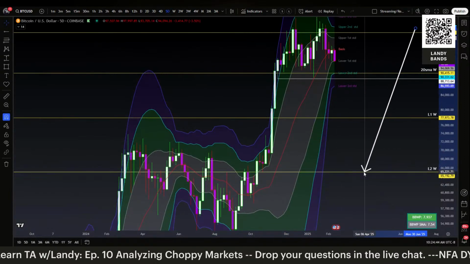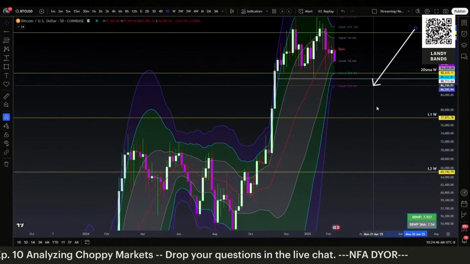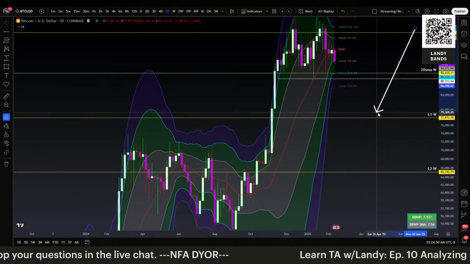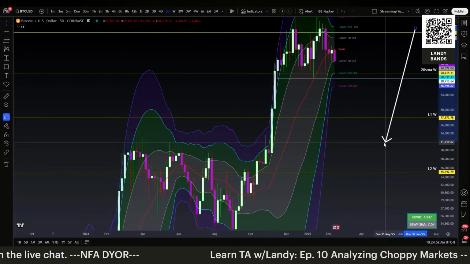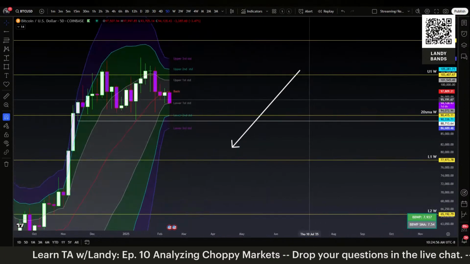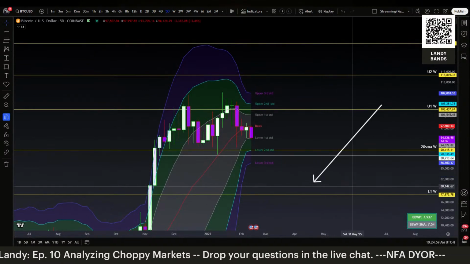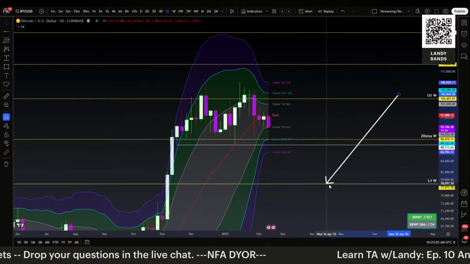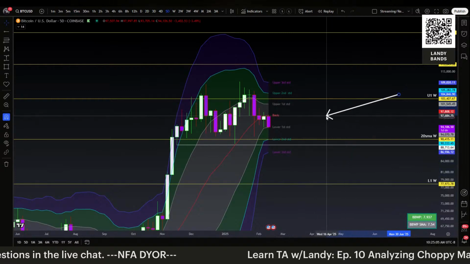But again, if price hangs out sideways for the rest of this week, we'll likely see this, maybe it's at 70,000. Maybe the lower first is at 80. But we just track it week to week at this point. It gives us a nice reference during this weekly candle. And the 5-day is a good reference for compression into expansion that could give us areas of interest as it relates to the weekly,